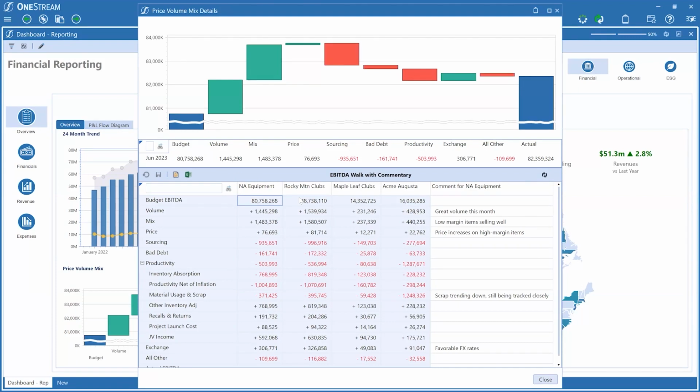This is also starting to break down the different entities that I'm going to be reporting across. So my North America equipment entity is ultimately a consolidation of the three entities to my right: Rocky Mountain Clubs, Maple Leaf Clubs, and Acme Augusta. So we're looking at both a consolidated view of our North American region, as well as an entity by entity breakdown for the entities that make up my North American